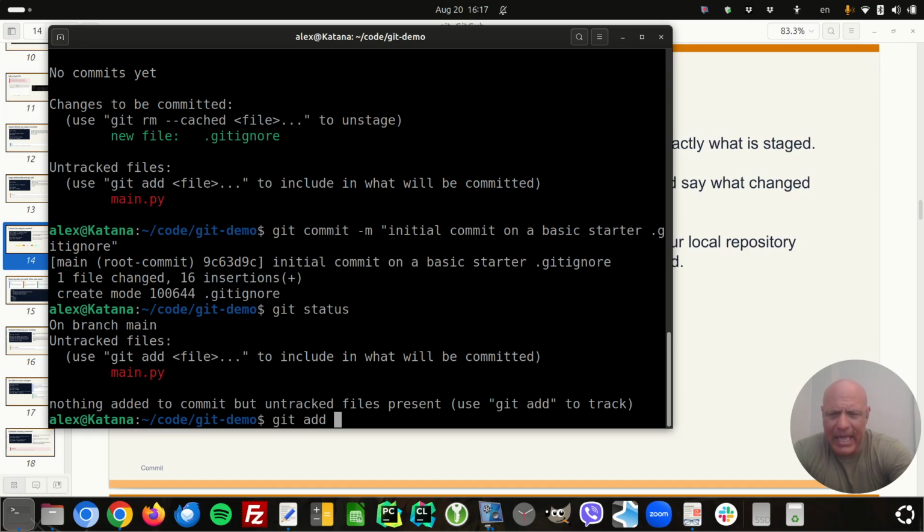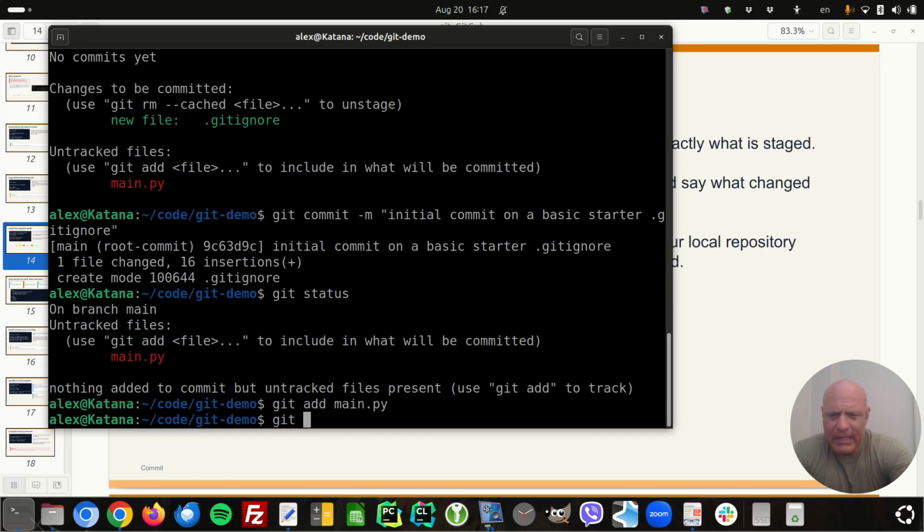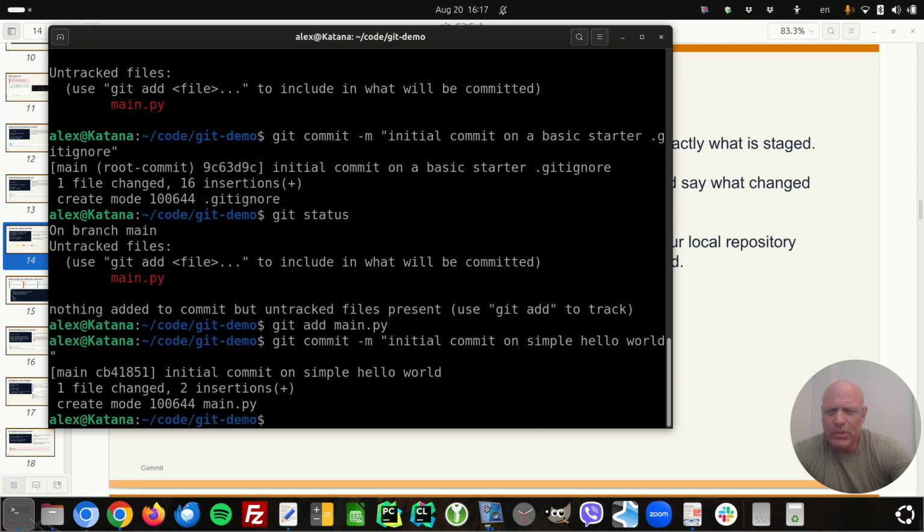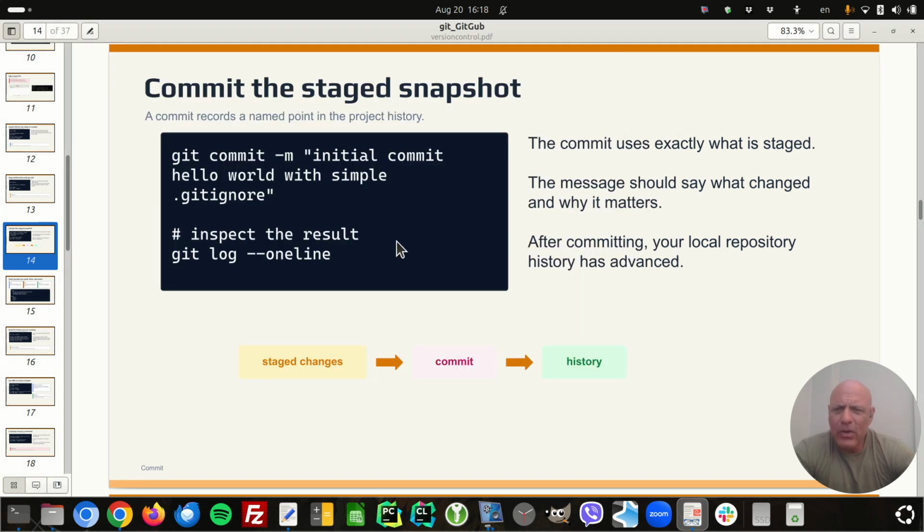So I'm going to go git add main, and I'm going to commit it. Git commit with a message, initial commit on simple hello world. Okay, so now they're both in there. All right. So I can now